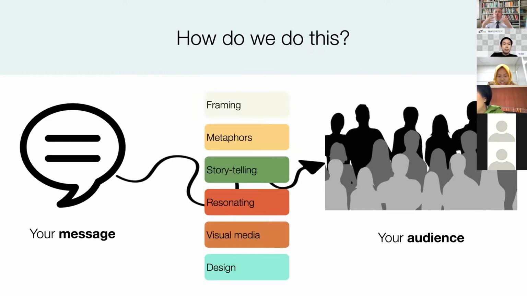We have some potential tools that you can use and learn about. I don't know how familiar you are with these, but we're going to talk about framing, using metaphors, and the importance of storytelling. Storytelling has been with human beings from the very beginning, but it can be a very effective way of communicating your research. We're going to talk about the idea of resonating with your audience. We're going to use this book called Resonate. It's actually online. You don't have to buy it. You'll be able to access it. It's very good. There's a lot of secrets in this book.